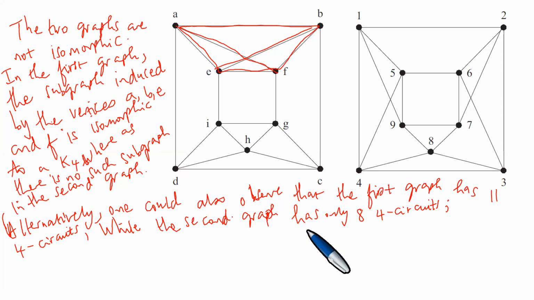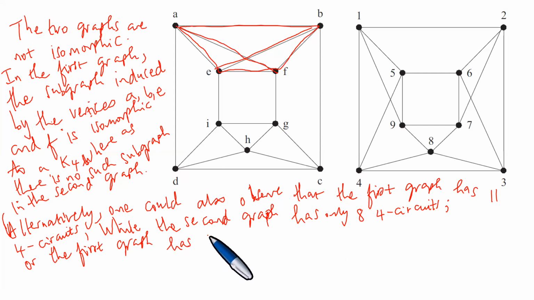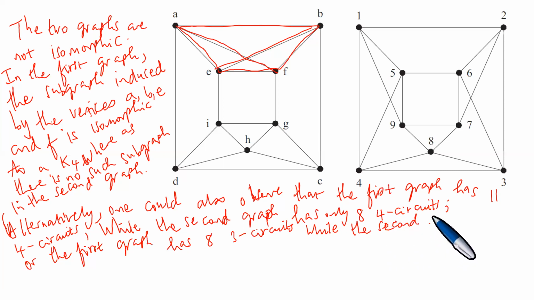And because of that, or you can say alternatively, the first graph has exactly 8 3-cycles, while the second graph has only